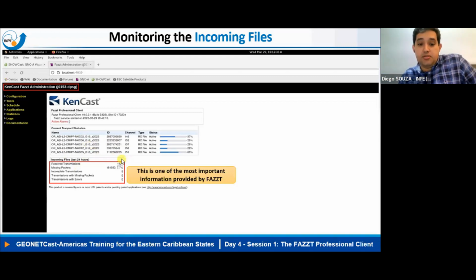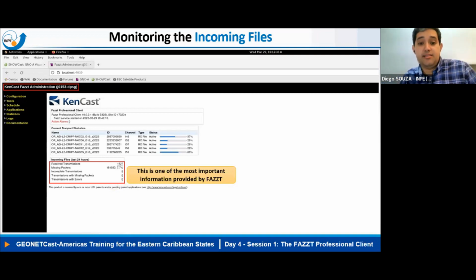It is crucial because it shows the number of missing packets and the number of transmissions with errors. And if the percentage is too big, something is wrong with the reception. Something's wrong with the ground station. And that means that a considerable number of files are presenting errors or are incomplete, okay? And that could mean a possible interference. The antenna is losing the original alignment for some reason, okay? So this is one of the parameters we need to check periodically, as we are going to see in the